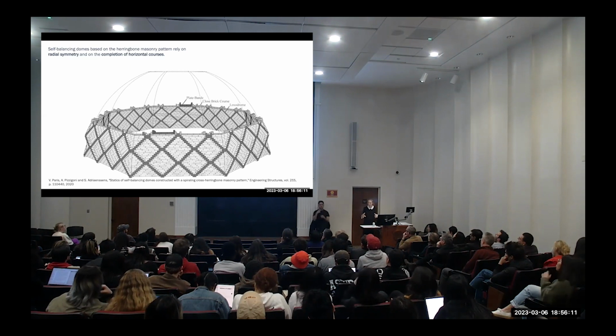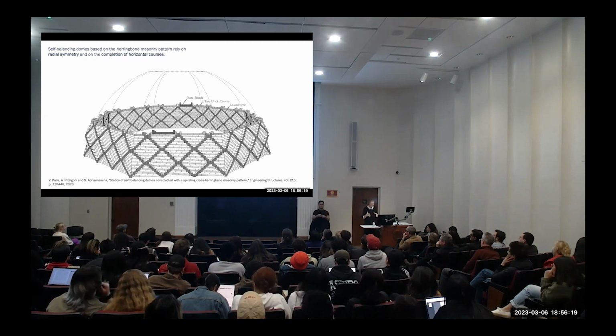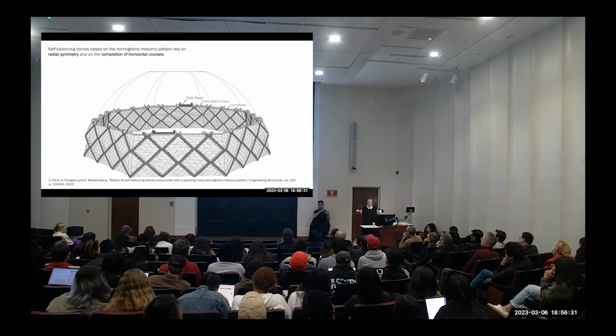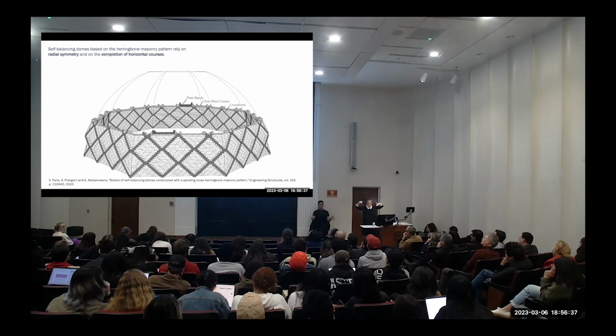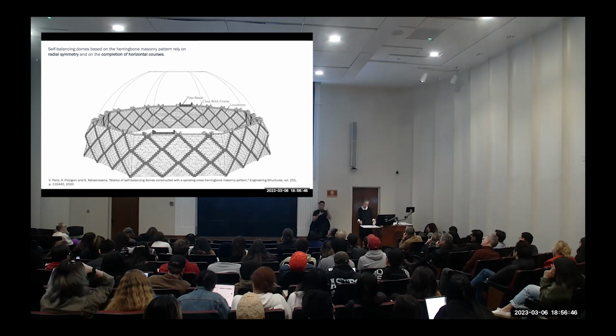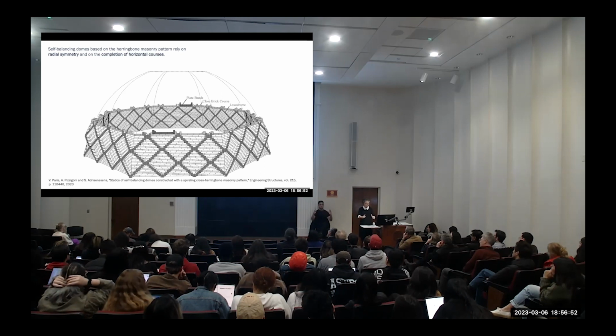And we call it a self-balancing dome. That means that some kind of equilibrium emerges because of the interaction between all the bricks. So we assume two things. First of all, we assume that these domes were built like an igloo, in pizza slices, round and round and round. And then we also assume that first you build them a bit like building walls, and then eventually it starts curving inwards. So first you start building, the dome is quite vertical, a little bit like building a pool, but then at some point, you start to curve inwards.